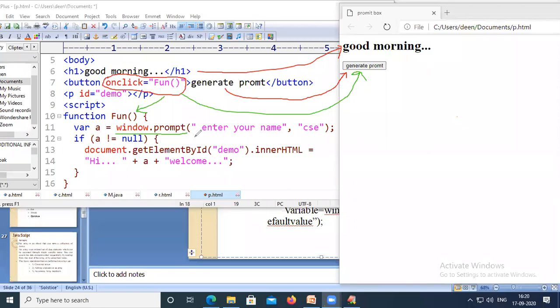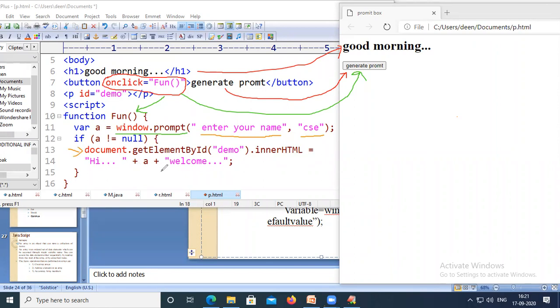Window.prompt will generate a prompt window, where on the prompt window we will have a text called enter your name, and in the text field we will have CSC. So if we enter something inside the text field, then this statement will be executed.